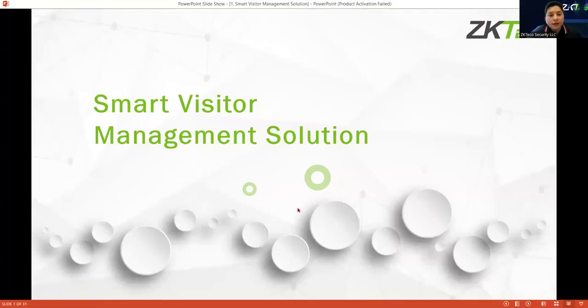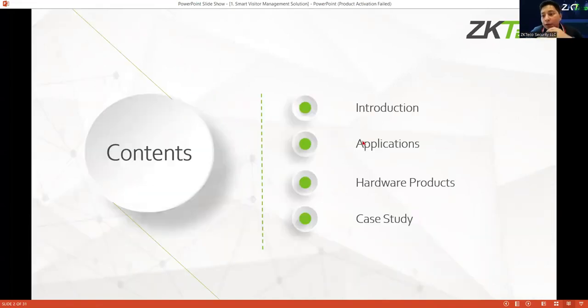So I would like to share now the presentation about the visitor management and its uses, introduction, and application. We have here the Smart Visitor Management Solution. What are the contents of this presentation about the Smart Visitor Management Solution? We have the introduction, the application, and the products that are used for visitor management, and also the case studies that we have.